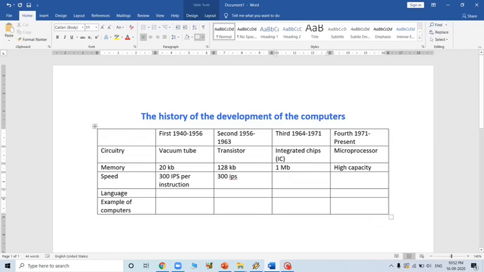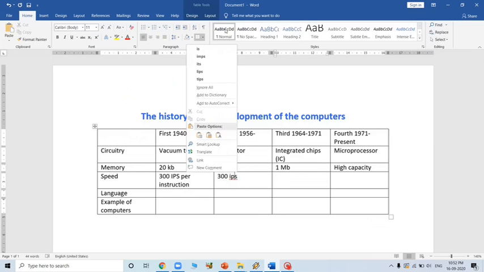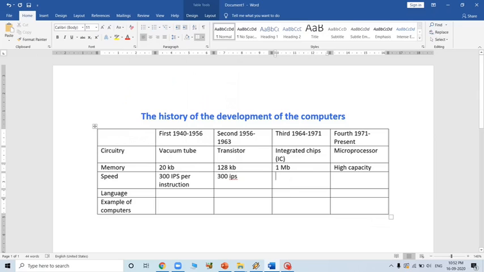And in the next it was 1 MIPS. MIPS means 1 million instructions per second.